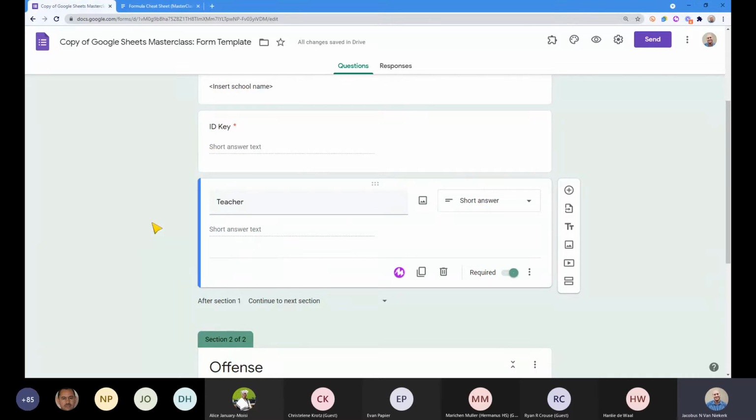The problem is when we're going to build a system, we want to actually group certain things according to teacher. We want to filter it according to teacher or sort according to the teacher, whatever the case might be. But we need to control the input here because one person will write Mr. van Niekerk, the next one will just write van Niekerk. The rest one will write my full name, Jaco van Niekerk.